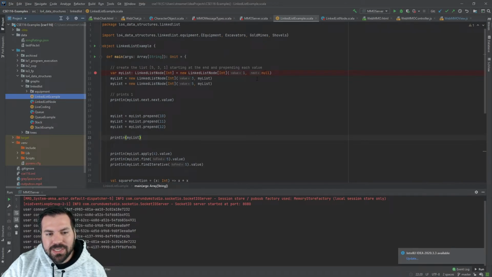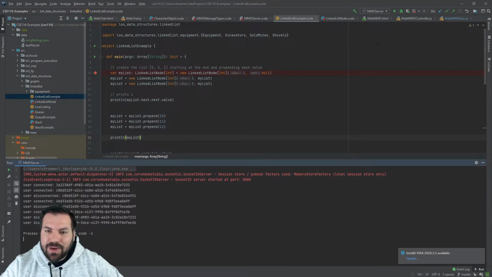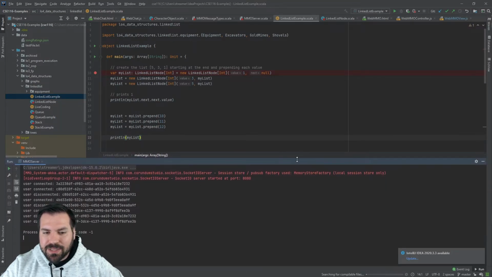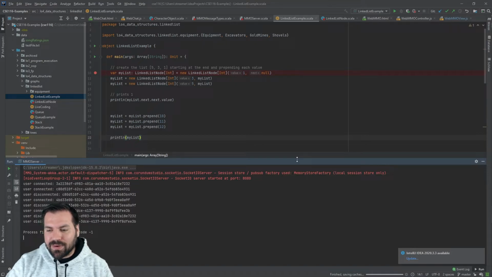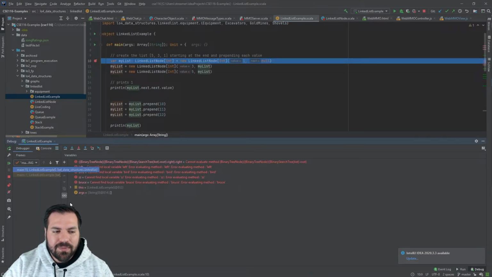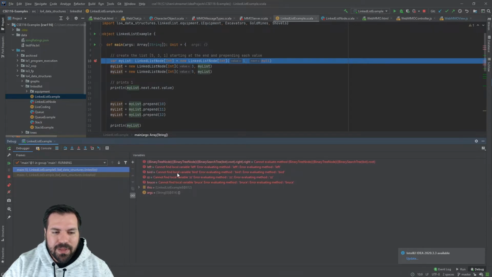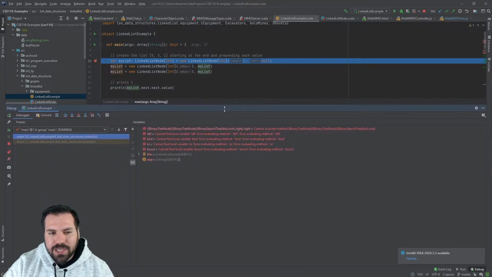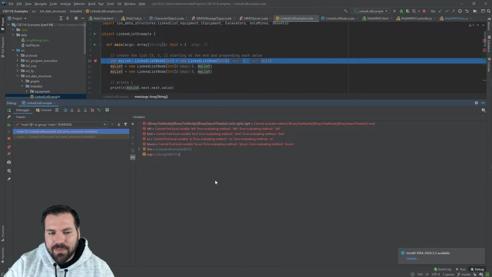But what I want to show is constructing that list and then working with it a little bit and seeing how this all behaves in memory. And I want to make sure I do this because I feel like I haven't done enough debugging examples. And when I mention the debugger in office hours, a lot of you are confused, maybe not about what I'm talking about, but how to use it. And also how to generate stack and heap examples.